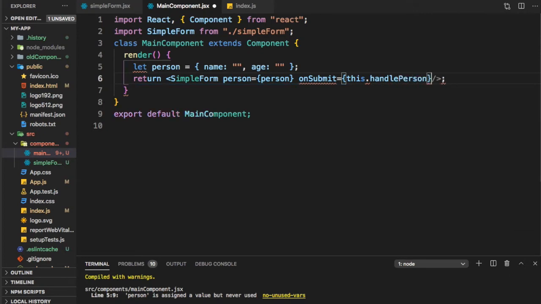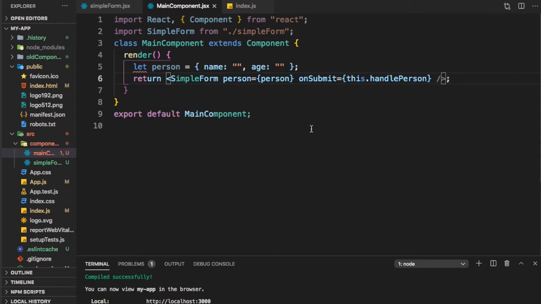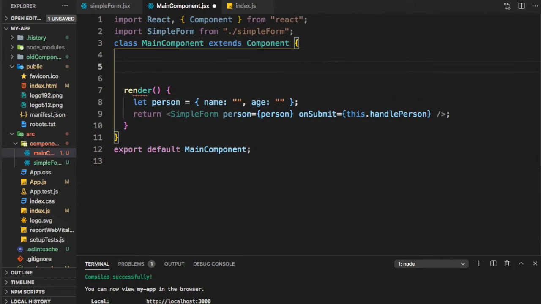So when the person is submitted by the form, that is what we want to handle here. Let us go ahead and implement this function handlePerson.